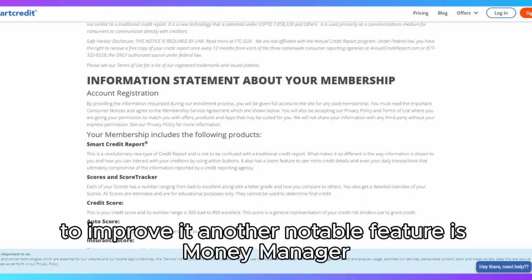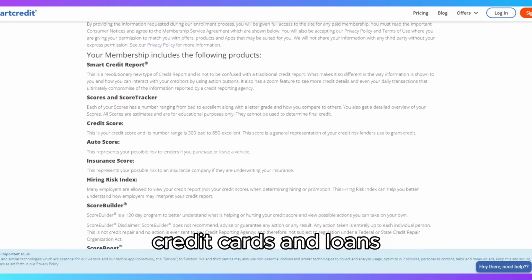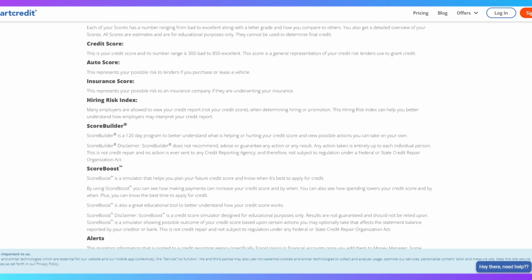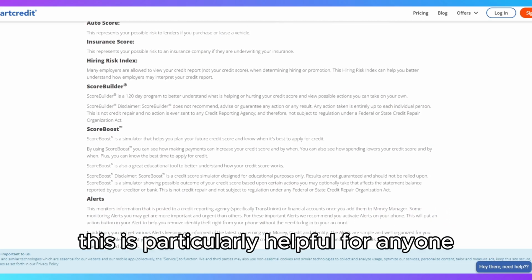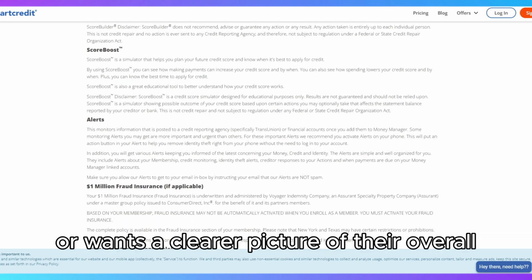Another notable feature is Money Manager, which links your bank accounts, credit cards, and loans so you can track all your financial data in one place. This is particularly helpful for anyone who feels overwhelmed by managing multiple accounts or wants a clearer picture of their